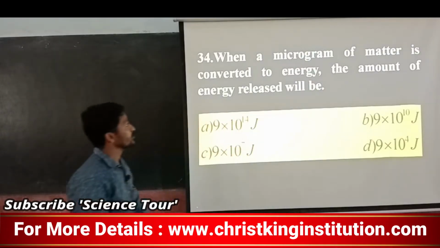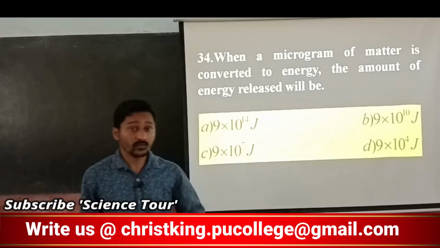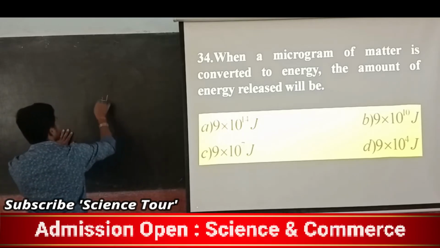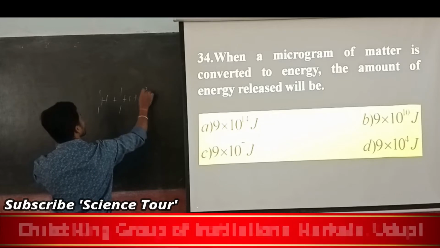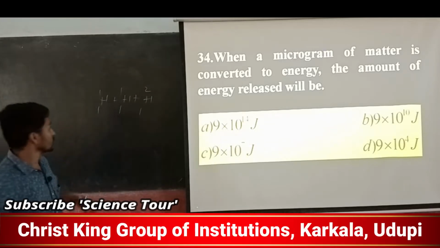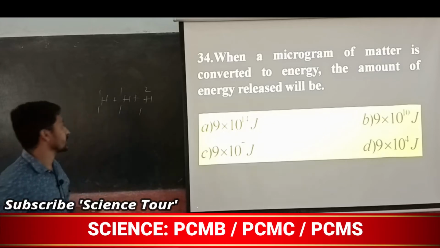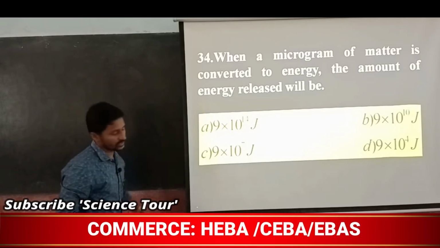Next, the 30th question was there, in which the equation was written in this way: H1 plus H1 plus H12. It was not visible, so I have sent you the classwork; you can go through it. That is the 29th question. I wanted to convey these things to you here.